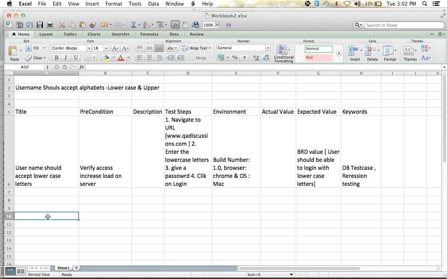A test case will not have two conditions. Because for example, if it is accepting lowercase and uppercase but not numerics, how do you say that particular test case is a pass or a fail? You cannot judge that particular test case, right? So each and every single condition should have a separate test case. We should note that we should not give any two conditions in a single test case.